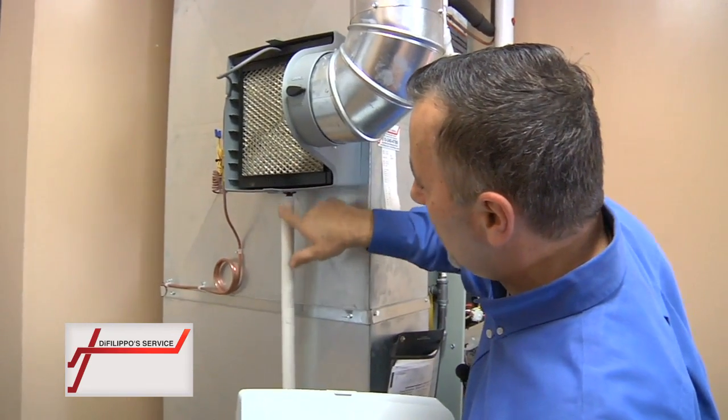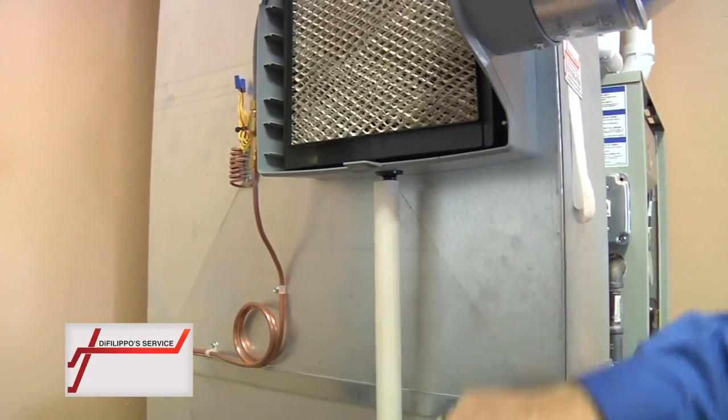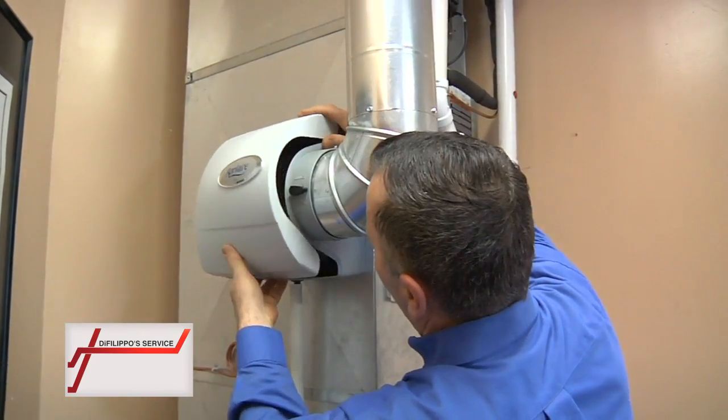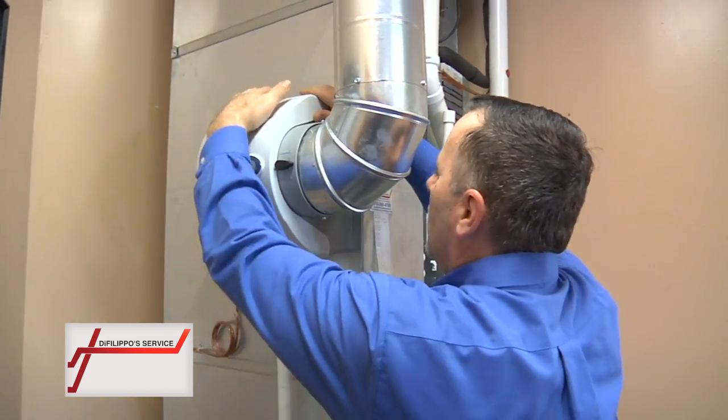Also, there's that drain here. We're worried about drain clogs. That's very important. We flush this all out. And not only do we do that, but on the humidifier and on the air conditioning coil, we install what we call drain pan tabs. And what they are is